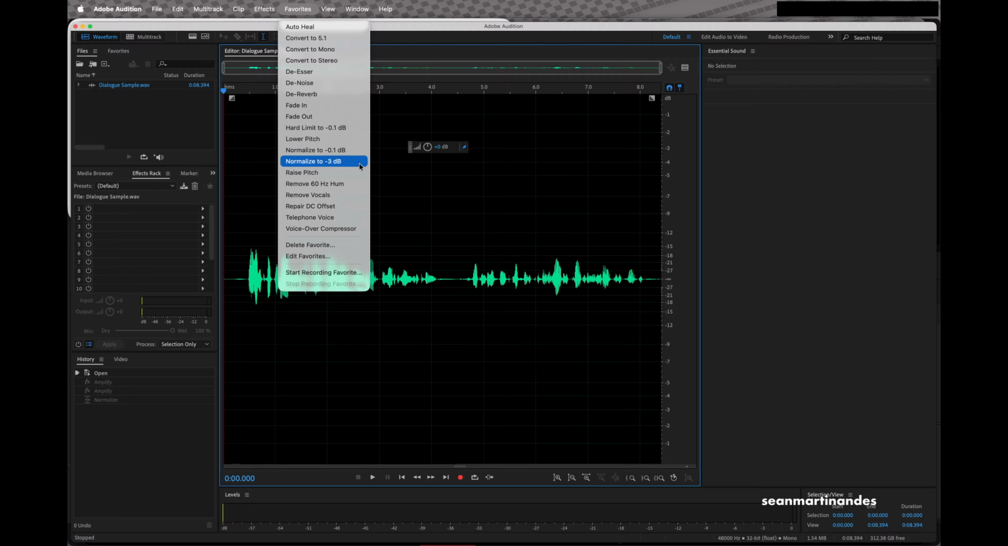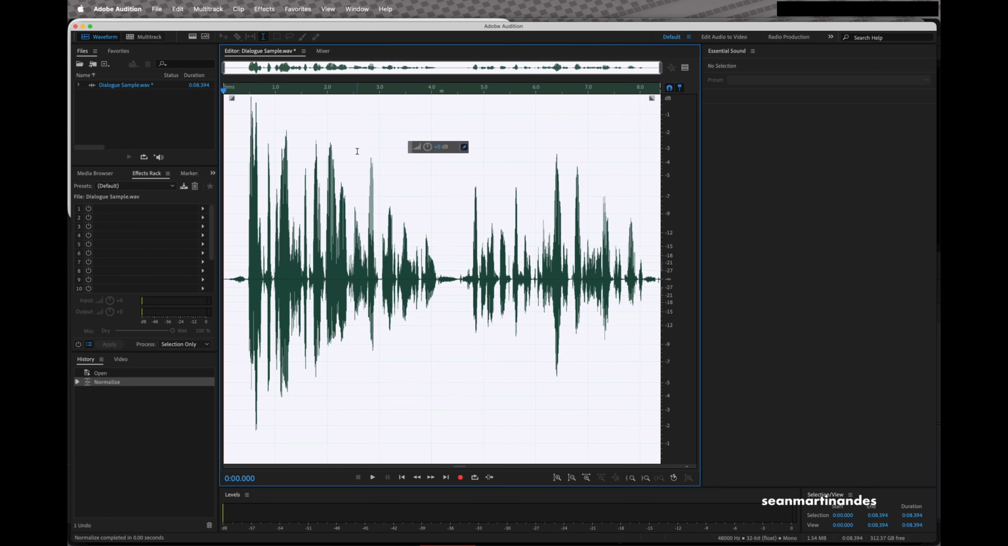Second, go to Favorites, then Normalize to -3. There is also an option for Normalize to -0.1. The goal is not to reach 0 decibel levels, because once we hit 0 decibel levels, our audio will clip